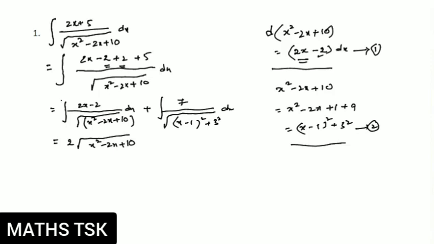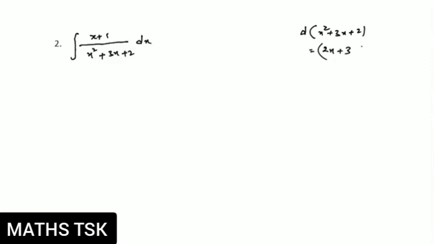This is the first integration. Before the method of integration, there is a 2 marks question I completed. We come to the second integration part. 7 is a constant. 1 by root of (x² + a²) is sinh inverse of x/a. The coefficient of x is 1, so I am not writing anything there. So that's the answer. I think you understood this. We go for a second problem also, so that we can understand very easily.